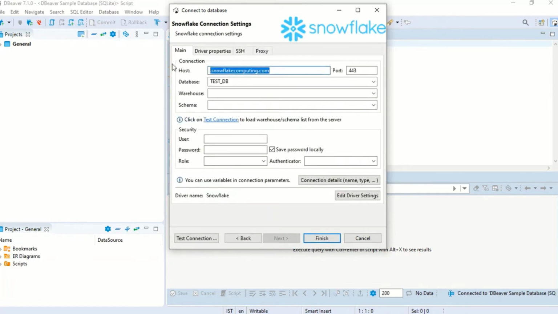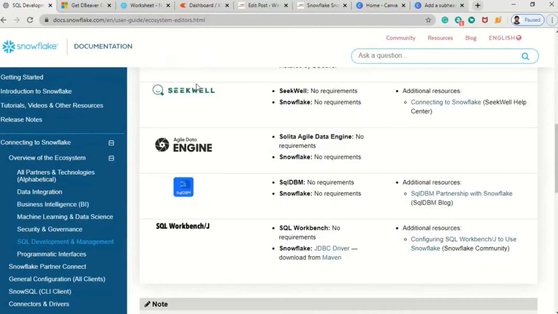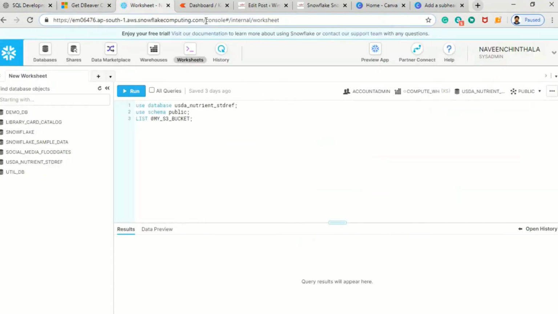So, host name. If you see for the Snowflake address, let me show you this one. This is my window. I connected to the Snowflake database web UI actually. So snowflakecomputing.com is common for every account, and this is my account name.